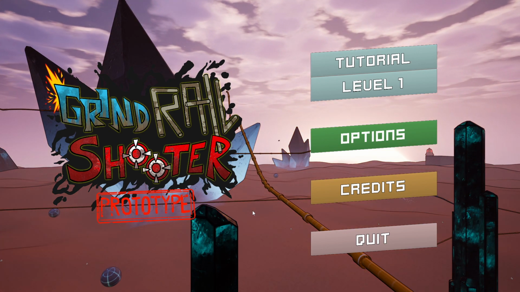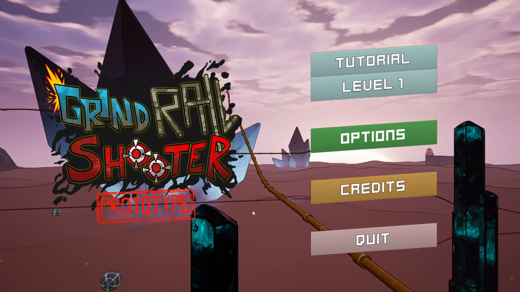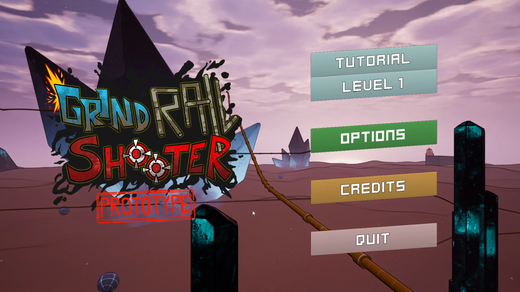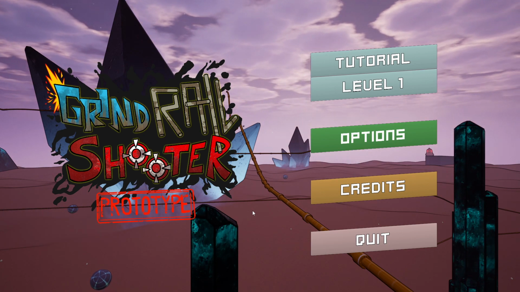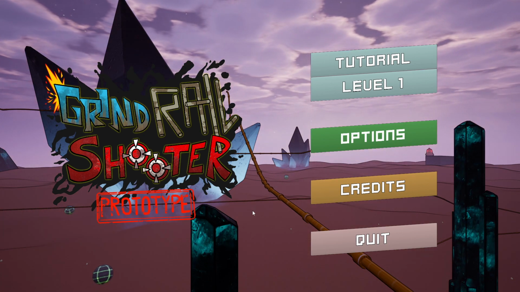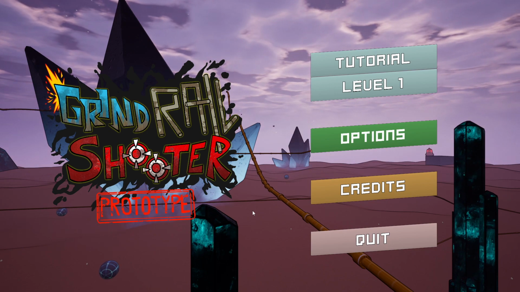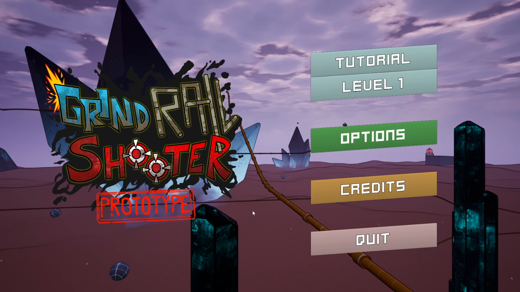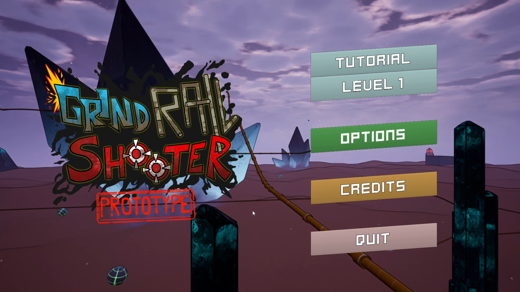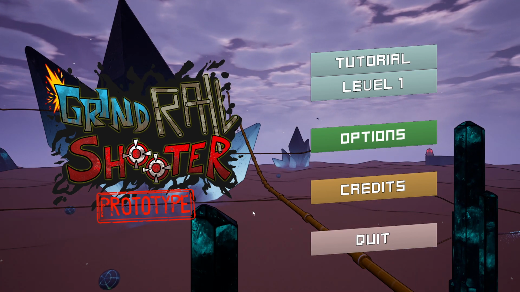This game is a shooter, obviously you can tell from the literal name of it, and the Grime Rail part is relating to the movement mechanic in the game, which is literally going on rails and grinding across them. There are also other movement mechanics, like double jumping, and you can go on level geometry and mantle onto it and jump off of that level geometry, which is really